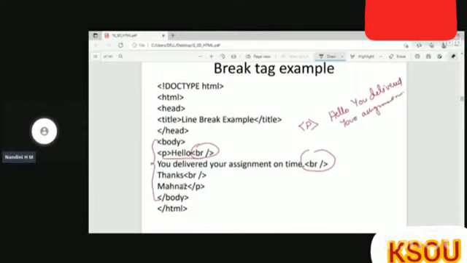But I don't want it to appear in a single line. That's why I have used break. So wherever I want my text to appear from the next line, I have used the break. So how will it be displayed in the web page? First, hello will be placed, and then you delivered, and then thanks. Okay. If we won't use these breaks, it will be in a single line format.